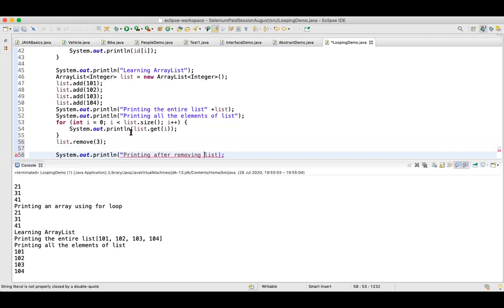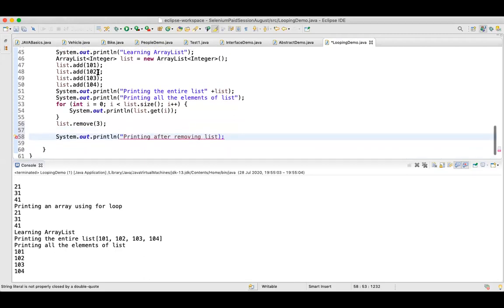So which value do we have at the third index? This is at the 0th index. This is at the first index. Let's not try to remove the third. Let's try to remove the second. This is at the 0th index, this is at the first index, this is at the second, and this is at the third index, right? I'm trying to remove the element at the second index. That means this value 103, right?